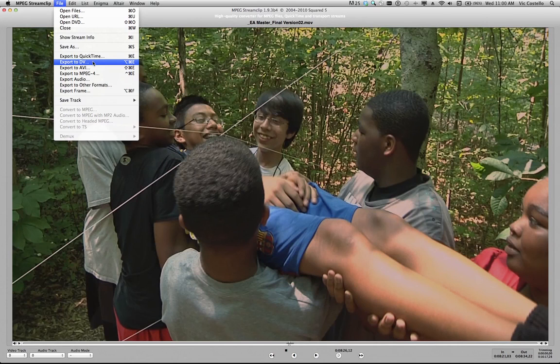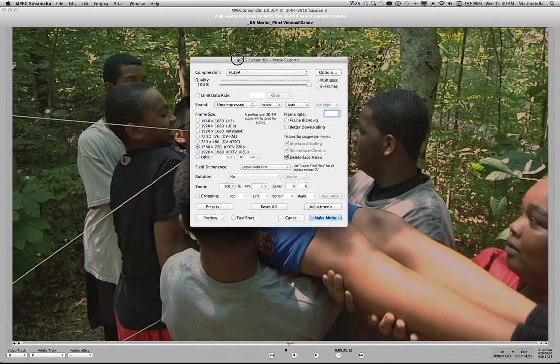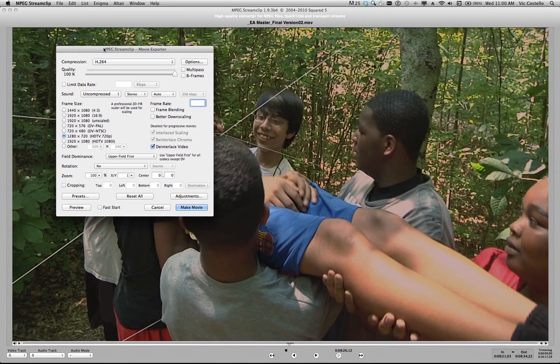I can export it in the digital video file format as an AVI file or as an MPEG-4 just by choosing one of these four options. I'm going to go ahead and select the QuickTime movie option, and this will bring up a properties window in which I will define precisely how this program is to encode my video and wrap it into the QuickTime